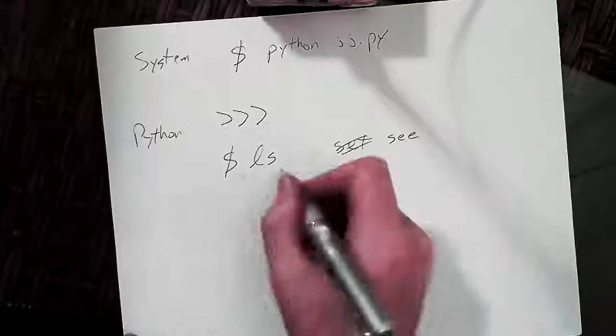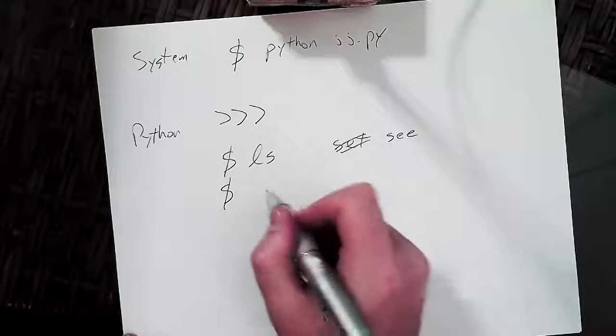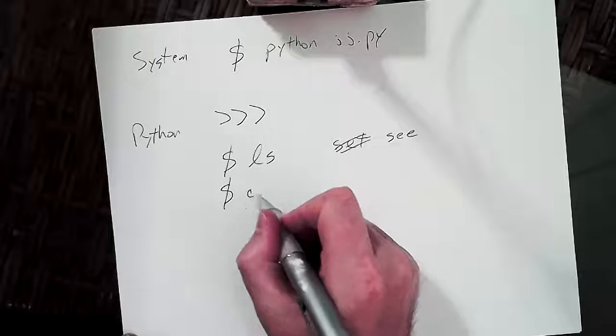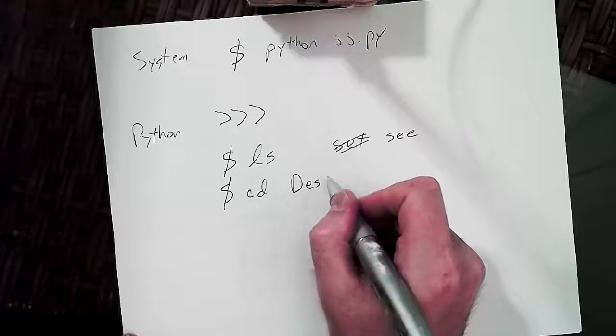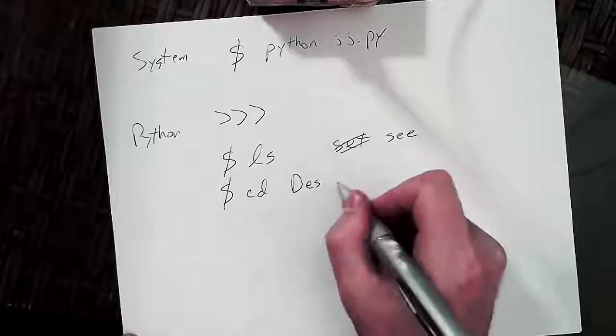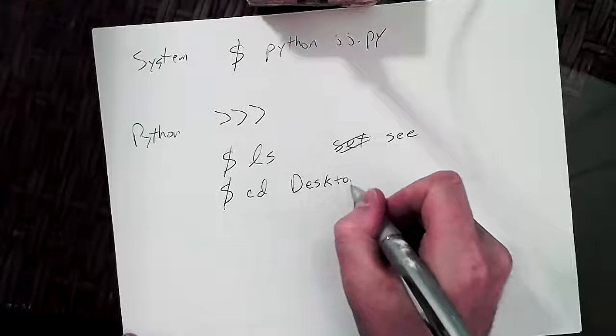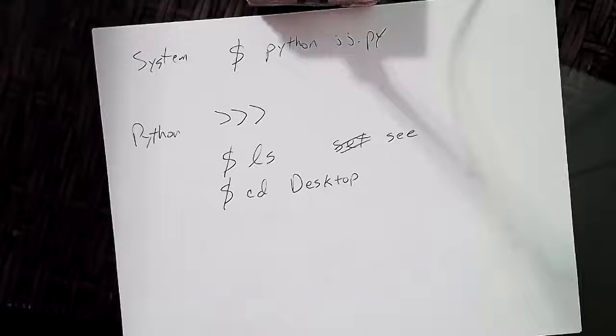So from the $ sign prompt, you do ls to see what's in there or where you're at. Yeah. And then you need to go into desktop. So you do cd space, and cd means change directory, and then space, and then you type in desktop with an uppercase D. Oh, but it didn't care. Okay. Good enough. And if you type ls again, now you'll see what's in the current folder, and that should match what's actually on your desktop.